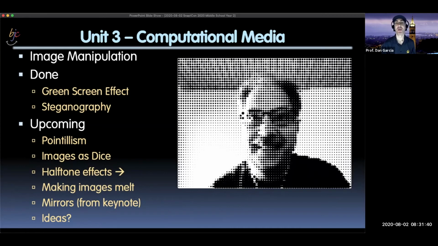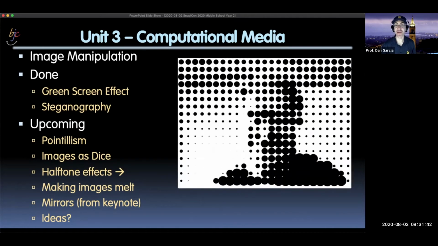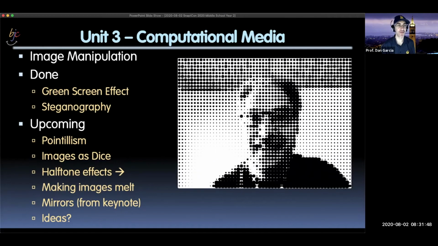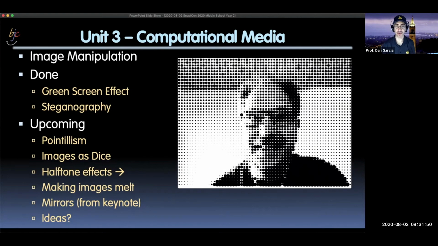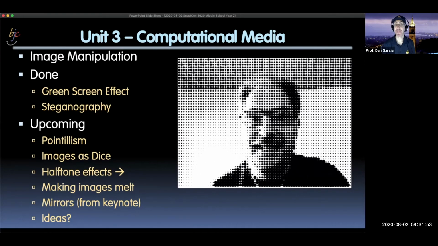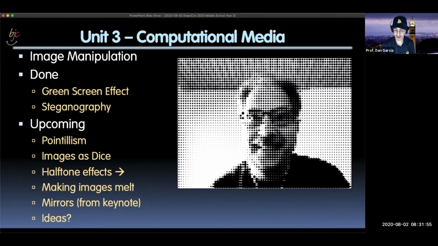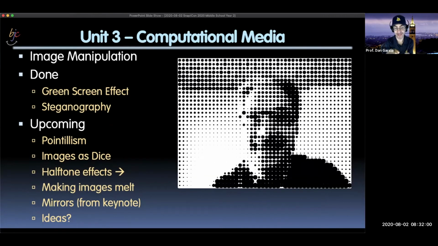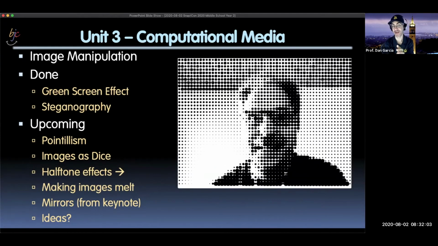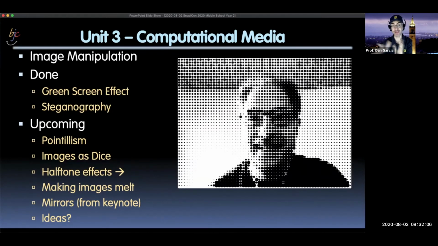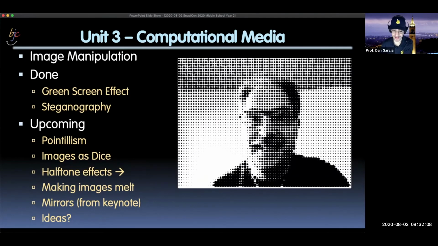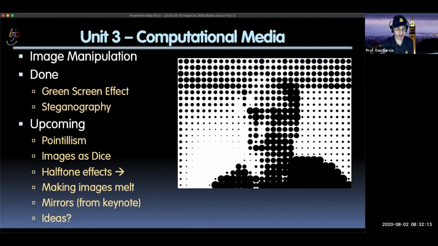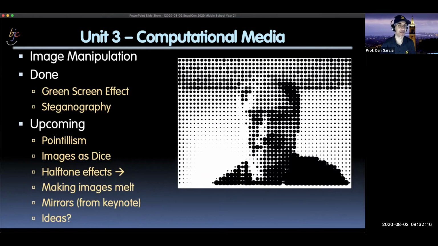What I love that I've seen from Jens, and what I've seen all around the space of what you could do with this, is the idea of pointillism, trying to make an image like George Seurat. How about making images with dice? Jens and Yadka made a beautiful picture. They took a picture and figured out how to turn it into a dice, 1 to 6. 6 has a lot of white on a dice face, and 1 has a little. So what if you looked at that and mapped it and made a picture with dice, and then actually bought some dice and made a picture? That would be really fun. And let's find a place we can buy maybe 1,000 dice without too much money, and make images with dice.